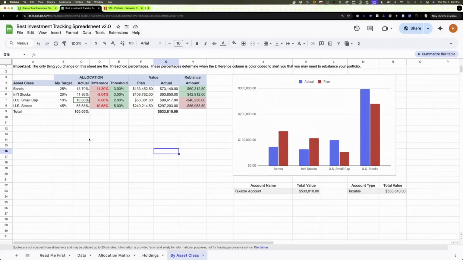Now, the other thing this does is it totals all of your values by account name. Right now we've only got one account, so it's just that. And also then by taxable, pre-tax, and tax-free. Again, we've only got one, so it's there. Again, I'm going to show you a slightly more involved example in just a second. And then this is just a graphical